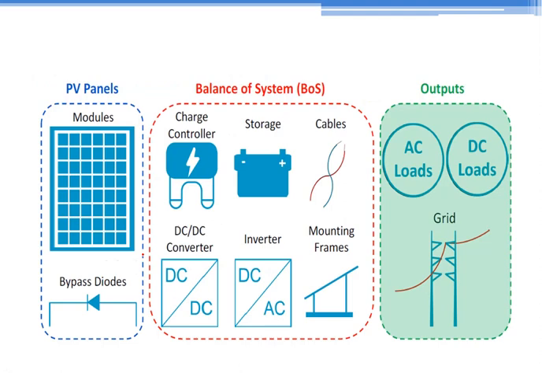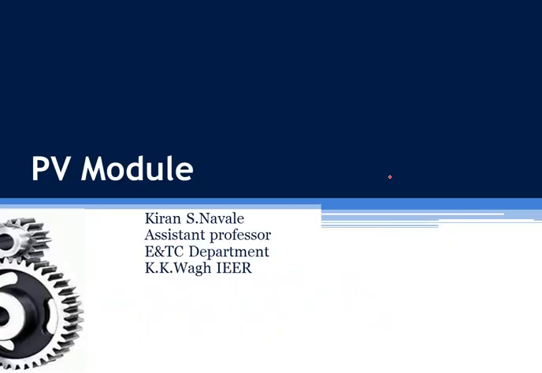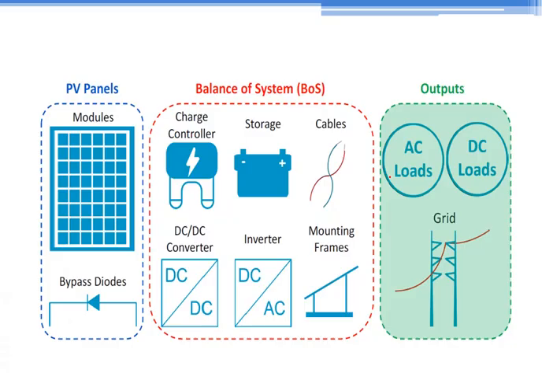Next is, let us understand loads. Now loads are also a critical part. On this side it is highlighted here. So you have AC load or DC load and grid. So these are the three important components. Normally these are defined by the user side and they also have important significance, and based on that you have to process the power. So let us summarize what we have learned in this lecture.